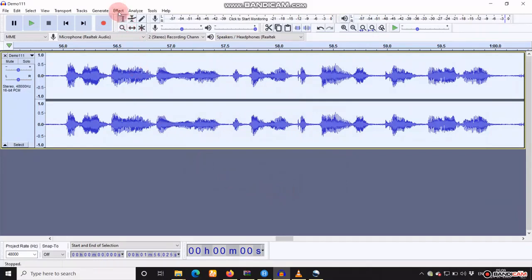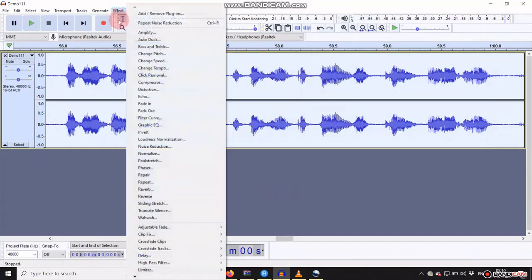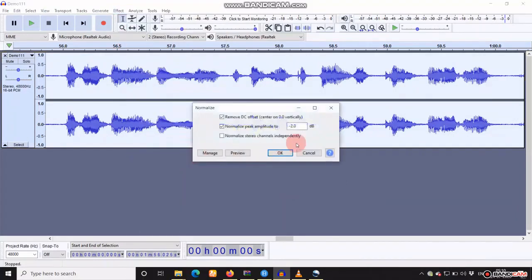Now go to Effect again. Click on Normalization. Check whether the value is minus 2.0 decibel or not. If it is not, make it. What does normalization mean?